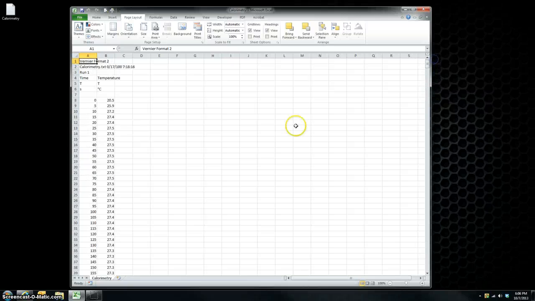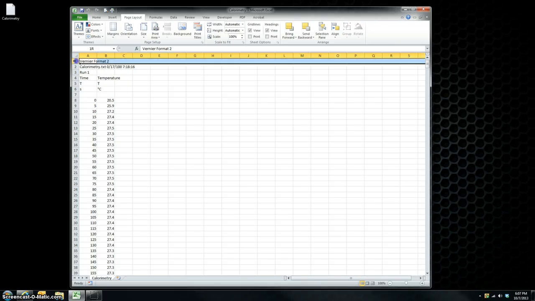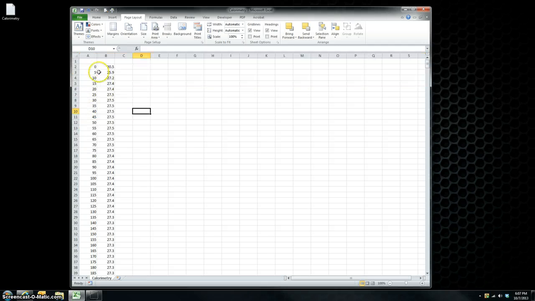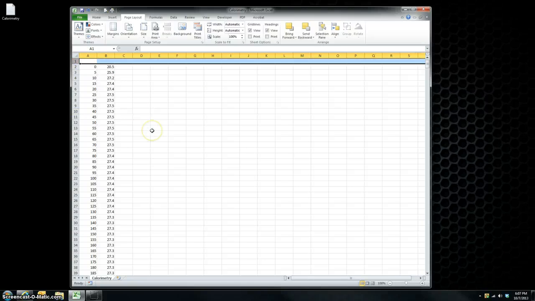So, first I'm going to delete some of the extra information that is up here at the top. You can do this by clicking on the number of each row and dragging down. I'm going to leave one space above the data to write some information. After I've highlighted that information, right click and select delete. The rows that had been highlighted are now deleted, and there's only one row at the top of the spreadsheet